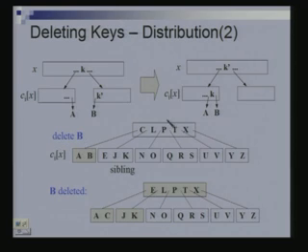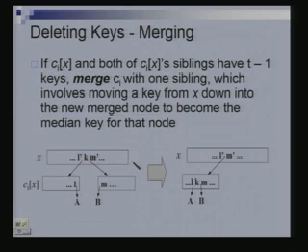We are trying to delete B. We come here, there is no problem here, and when I try to delete here, I have to borrow 1 from the sibling. You have seen many examples of this by now. So, how do you borrow? 1 goes up and 1 comes down. This is the situation happening here.